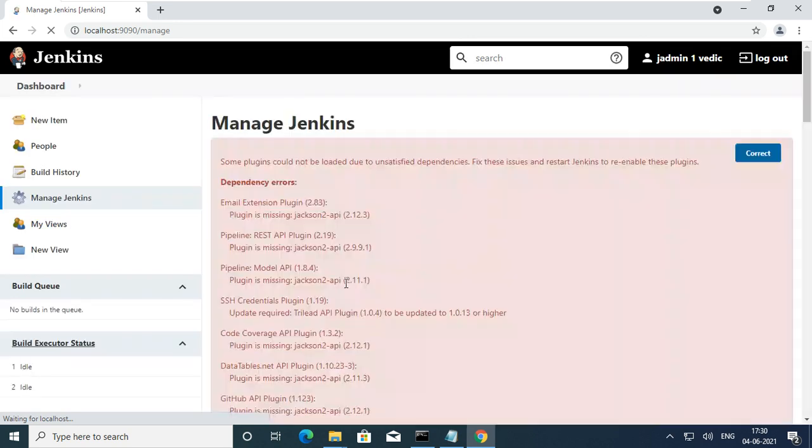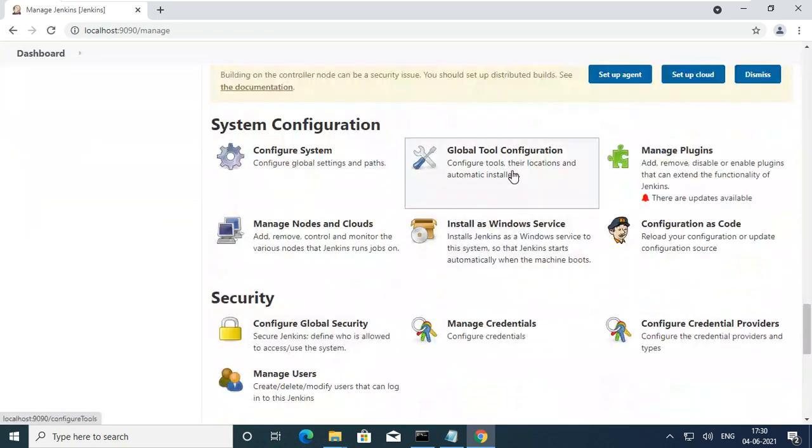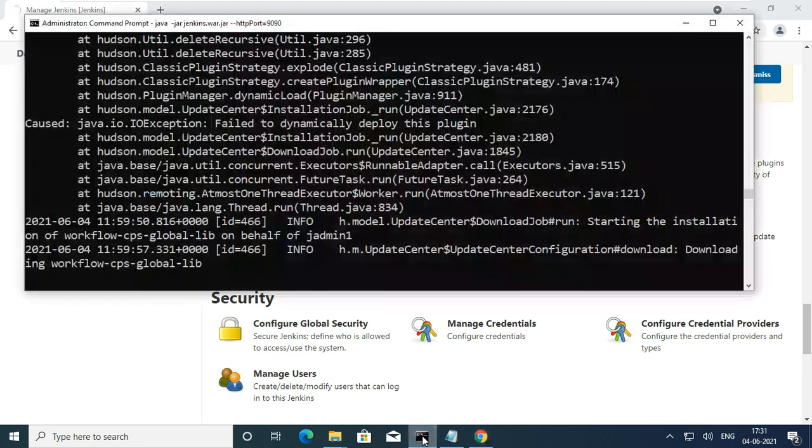Apply, save. Okay, so this part is completed. Global, again we'll come to that. Next is configure system. Here I configured JDK and Maven. That's it. Git is not done.